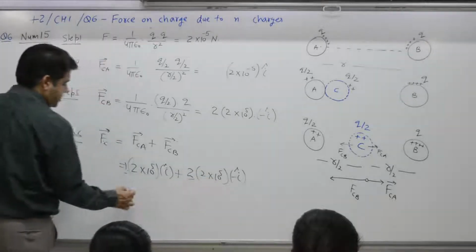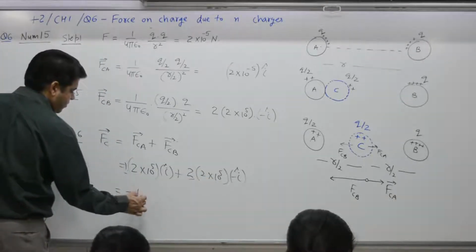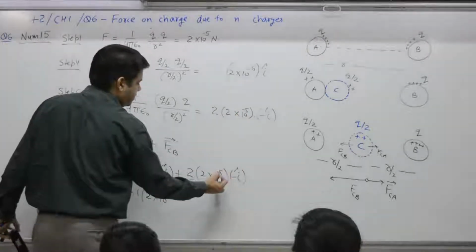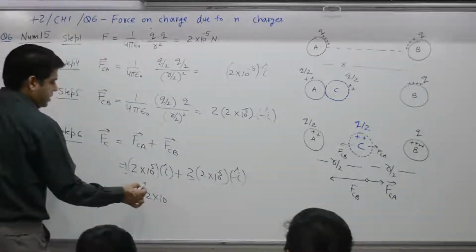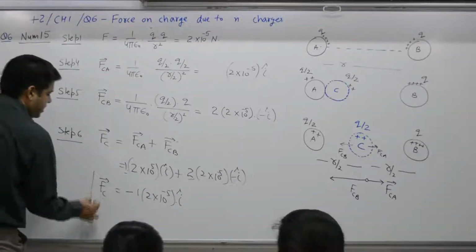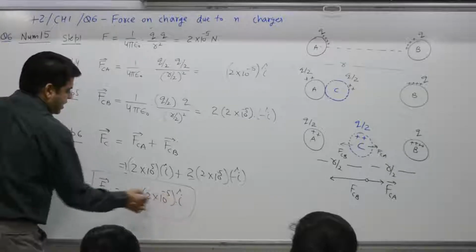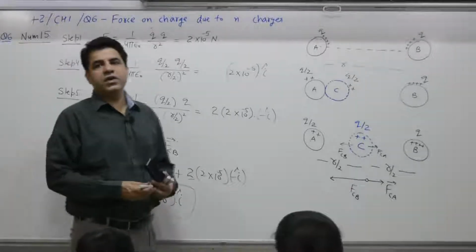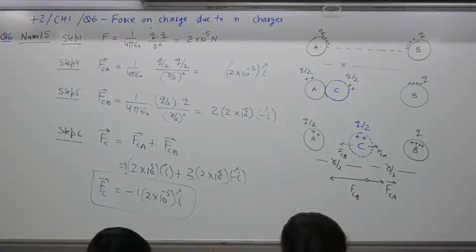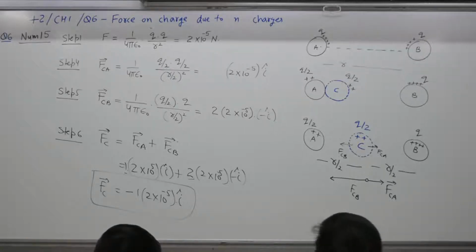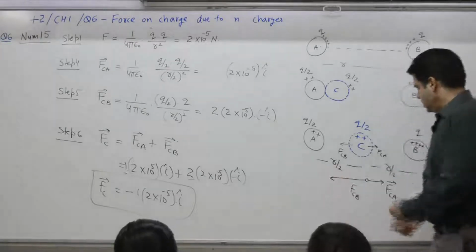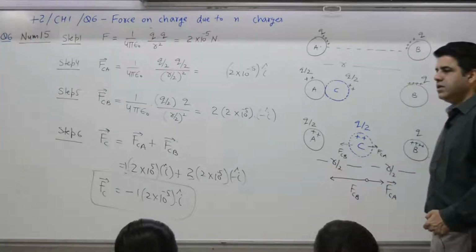This is minus 2 into 10 to the power minus 5, this is also minus 5, yes, minus 5i. What does it mean? Negative, minus i means what? Towards A. Force on C: magnitude is 2 into 10 to the power minus 5. Direction as seen by you: this force is more. This is 1 unit, this is 2 units, double. So the resultant is towards